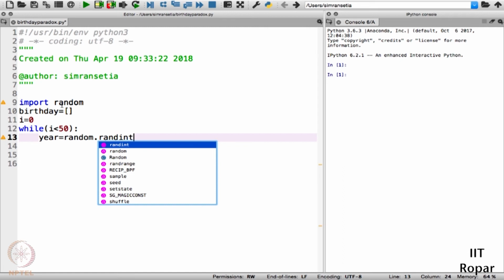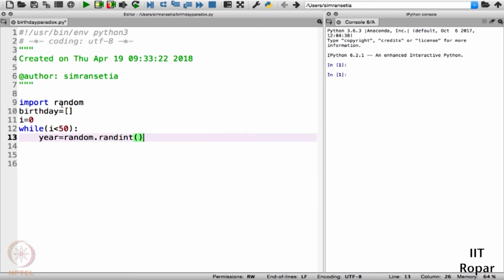randint is the function that is used to generate integers randomly. You also need to specify the range in the function randint. Here I'll specify from 1895 to 2017. Why did I particularly choose 1895? Because the oldest person ever lived was 122 years old.